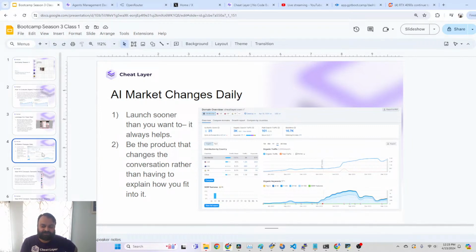The last thing I want to mention is the AI market actually changes daily. If you look at our launches, this is a screenshot of SEMrush, and you can see on SEMrush how we actually grew. So if you look back here, we left AppSumo around November of 2022, and then we grew mostly with our own sales team and sales automation, and then we launched right here, this red dot, on Product Hunt and won number one product of the day.